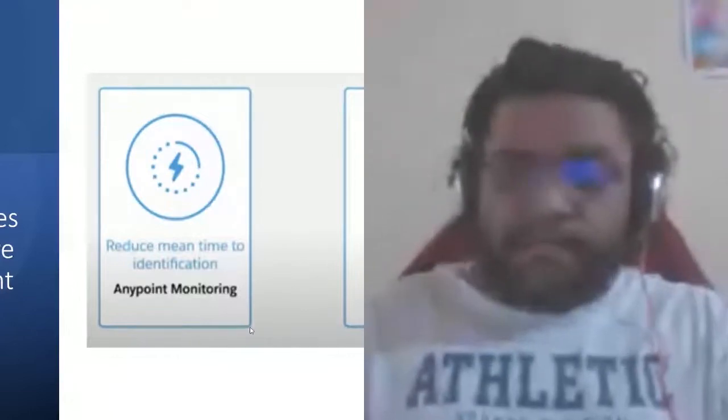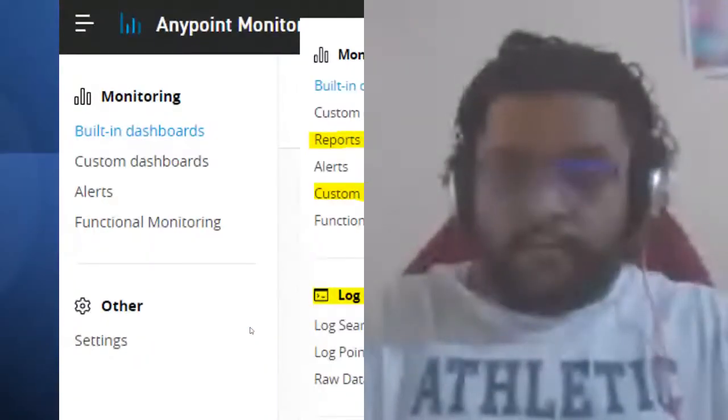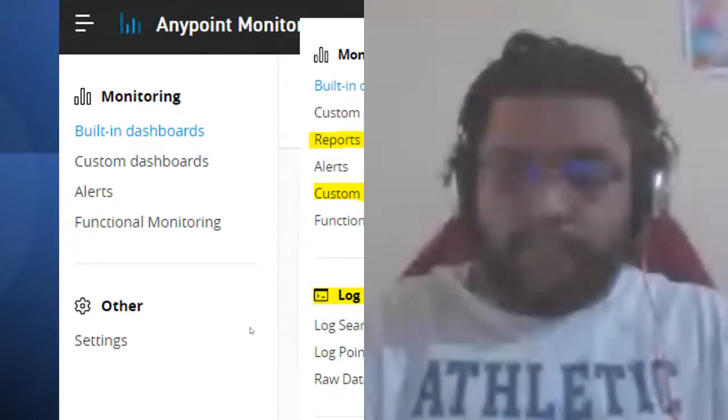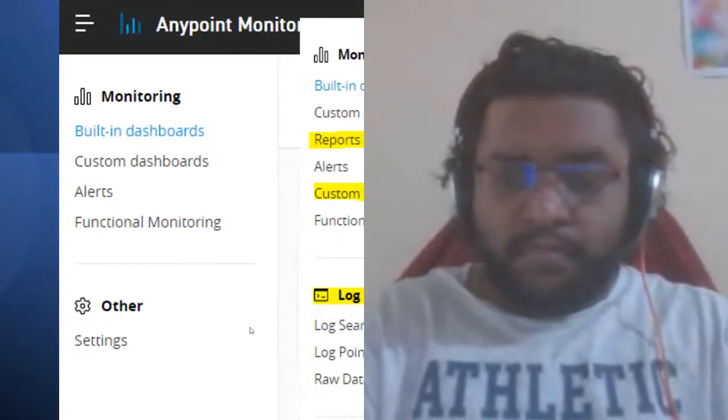Next, we have two subscriptions for this. First is the Gold or Platinum, and then the Titanium. Now let's see what the differences are. As you can see in the slide, the right side represents the Titanium version, which has a few more features like the reports, the